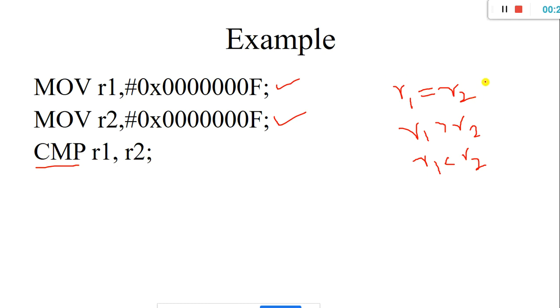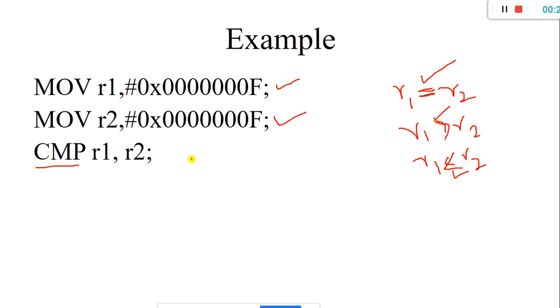Assume you are writing a C program. How would it be if you want to compare two numbers? You say that if R1 is equal to R2, then printf both the numbers are equal, and we compare this and we compare this. Directly we have this ready-made food for us. But how are these equal to, greater than and less than going to be understood by the processor?